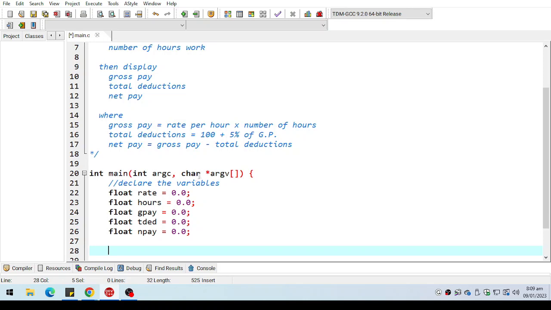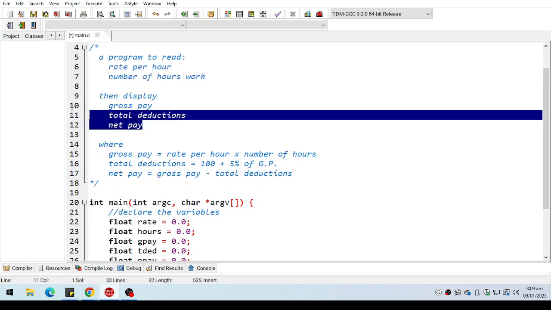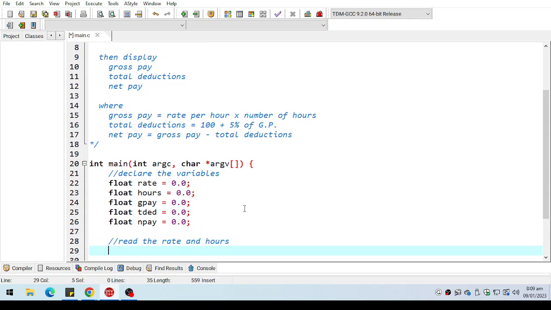Again, to determine the variables, you have to analyze the problem. Usually we have to determine the inputs and the outputs, and here we base our variables on our inputs and outputs. So next, of course, we're going to read our inputs, rate per hour and hours worked. So read rate and hours. How do we do that? Maybe we first place a prompt, enter rate per hour,